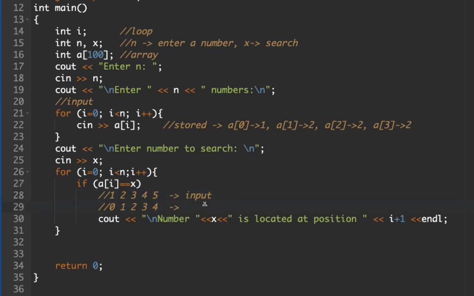So what we need to do is to add 1 to our value to make this one located at position 4. Okay, so that's the purpose of this add 1 here. After we have found the item, the next thing to do is for us to